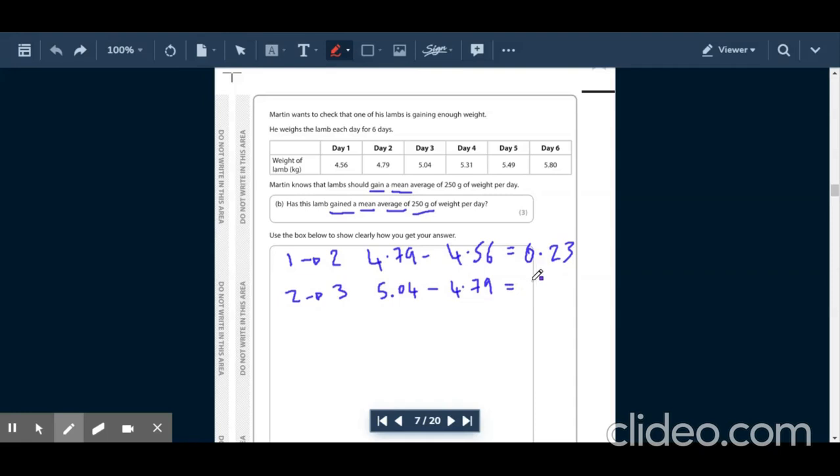So the difference is 0.25. Then between 3 and 4, I've got 5.31, take away 5.04, it's 0.27. And then 4 and 5,